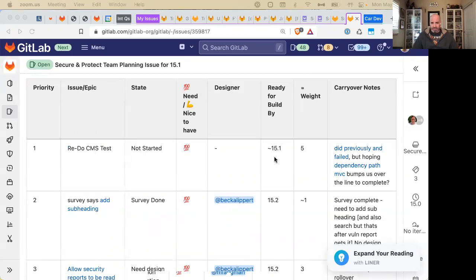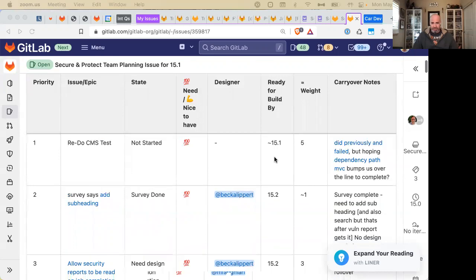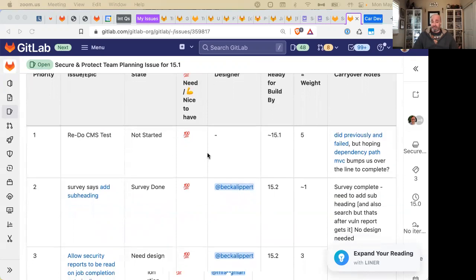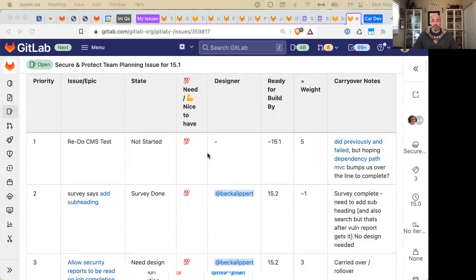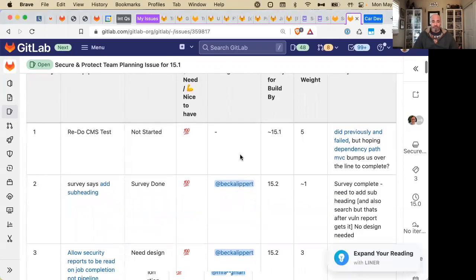So this one's essentially due at the end of the quarter, I believe, right? So we don't need to have someone assigned to this for 15.1. I don't know. I guess it's Sam. I think it's probably fine because we do technically have at least another milestone and a half.